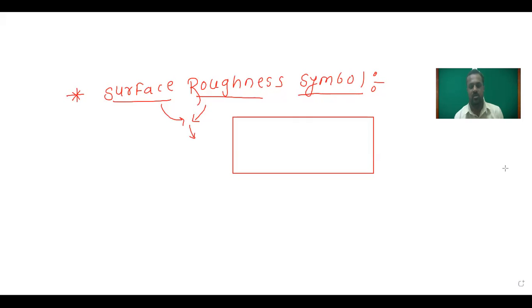Yes, good. Suppose we are having this surface, this component. Here it is not necessary to require the actual definition. Just try to understand the meaning. See, this is one component, and this is the surface of this component. Suppose we have seen this surface under the microscope. Then such types of irregularities are looking like this on this surface.